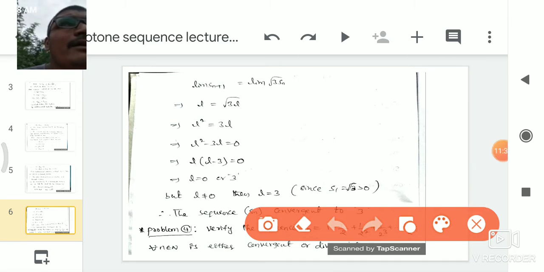So here the limit of the sequence Sn is 3. Why? Because here L is not equal to 0, since the first term of the sequence is root 3, that is greater than 0. Here the limit of the sequence is nothing but a term of the sequence. The first term of the sequence starts with root 3, that is 1.732, which is greater than 0, and the second term of the sequence is 2.6 something, that is root of 3 into root 3, and so on. So which is an increasing sequence, then the limit does not equal 0.